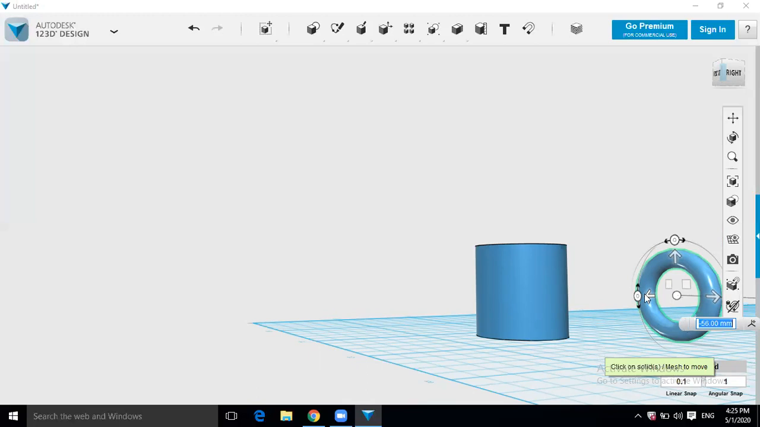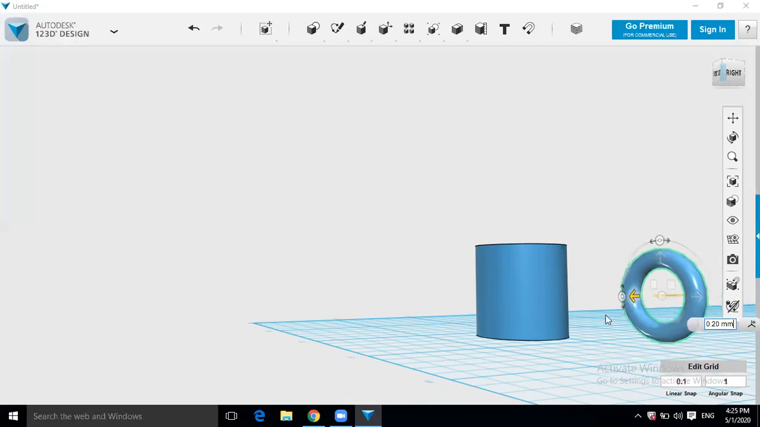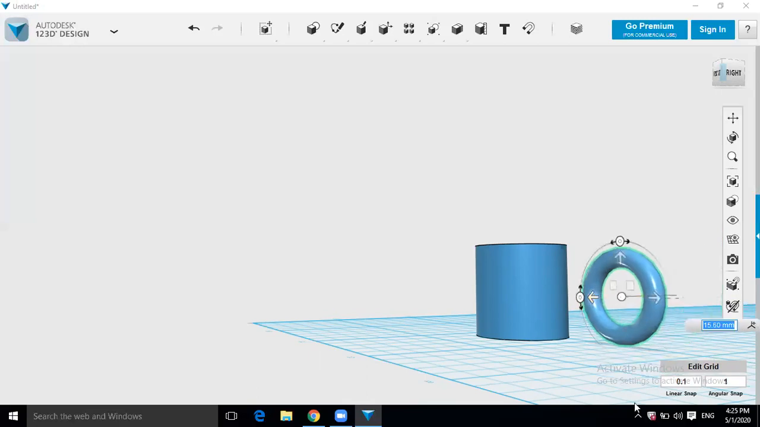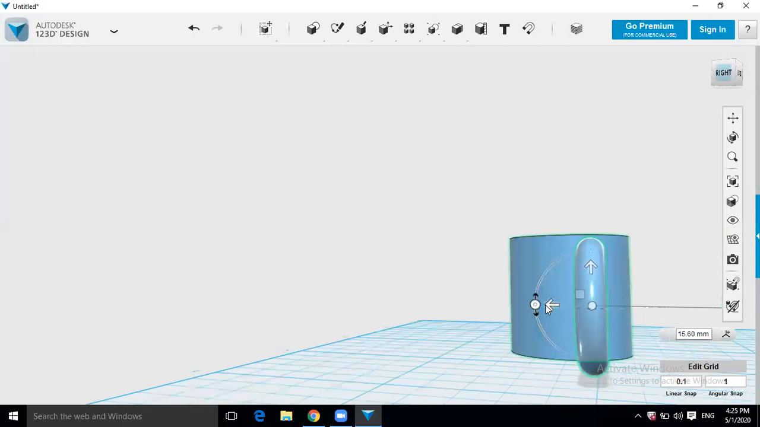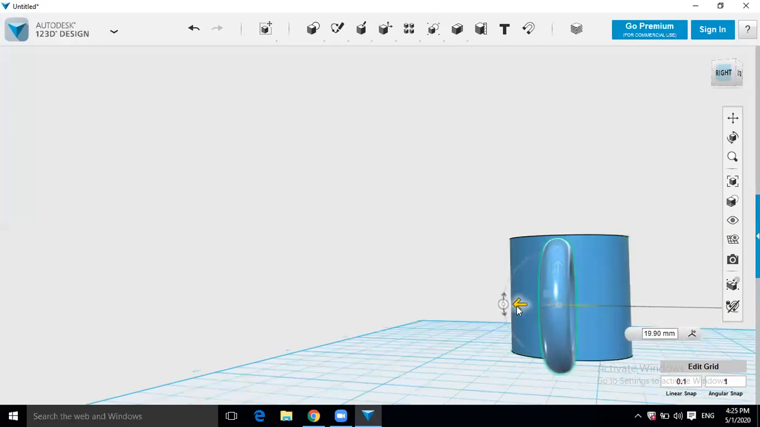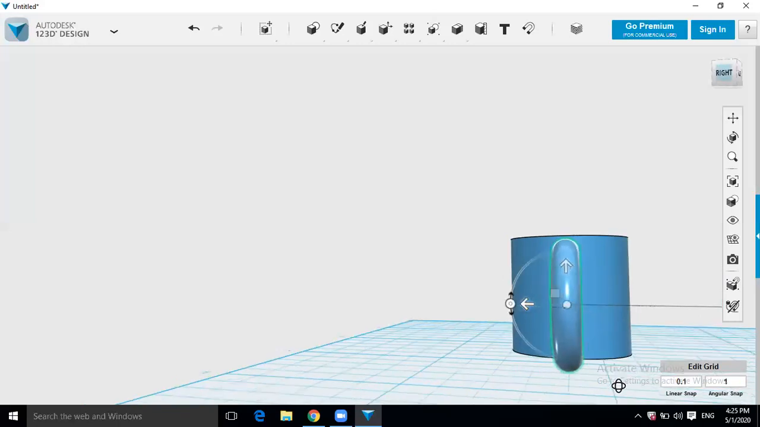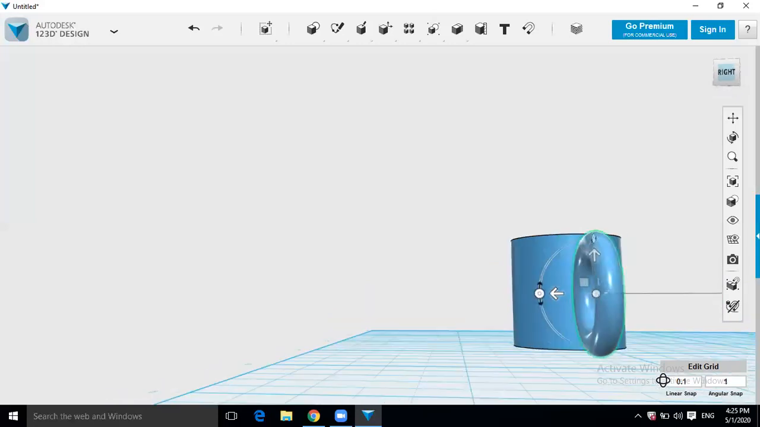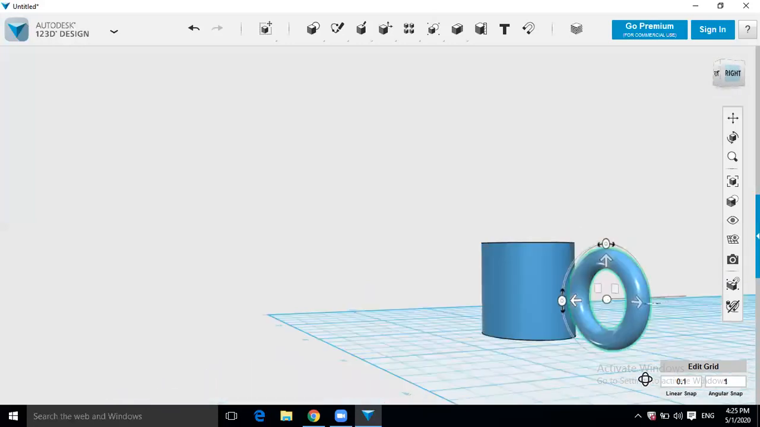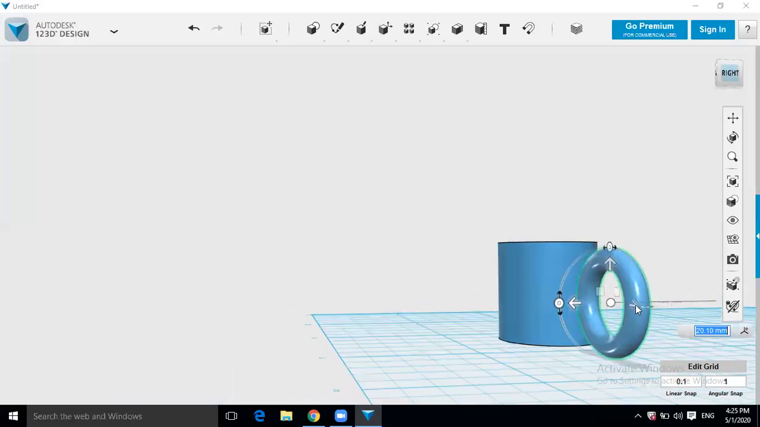So again I will use this particular arrow to take it leftwards. Yes, like this. Again I will check. See, it is still not at the middle. Again I will use this and take it a bit more left. So you can see over here this particular thing is almost at the middle of the cup. So now I will take this towards the cup